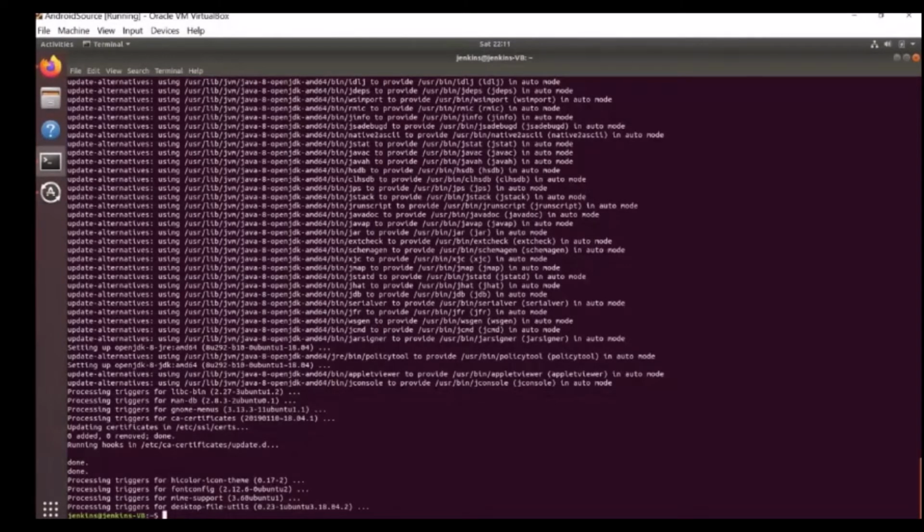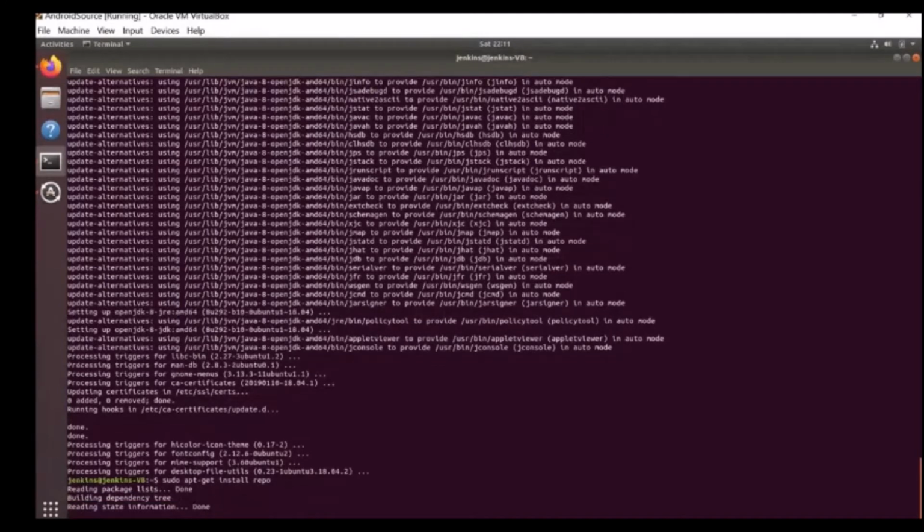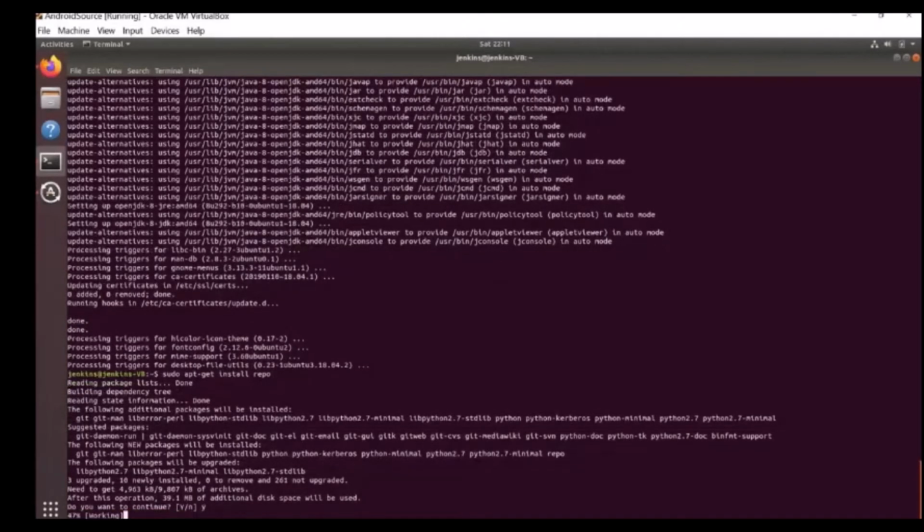The command is sudo apt-get install repo. Click yes and proceed.